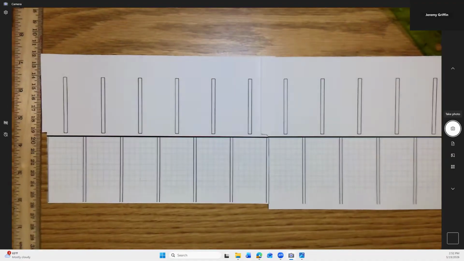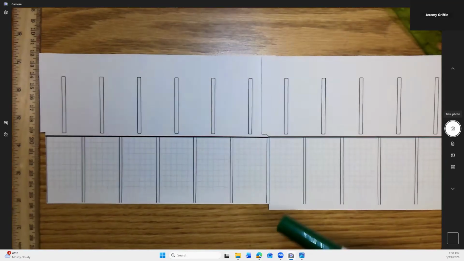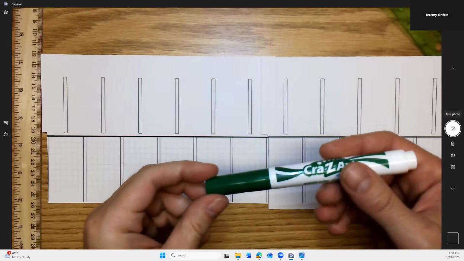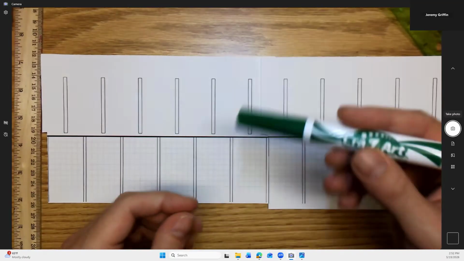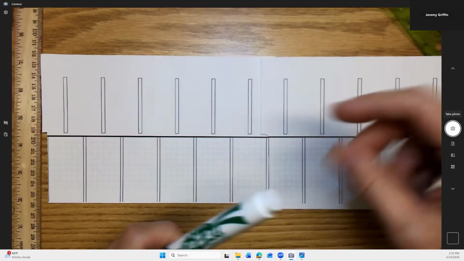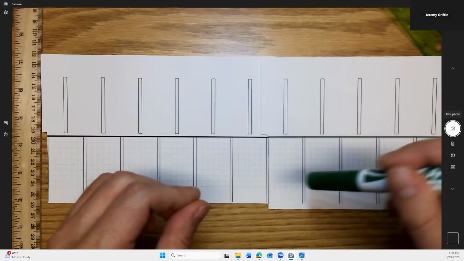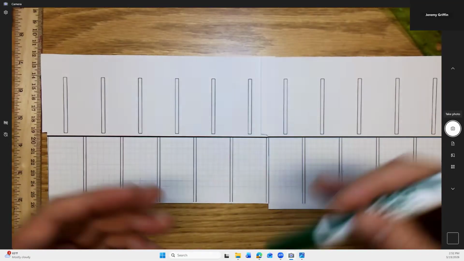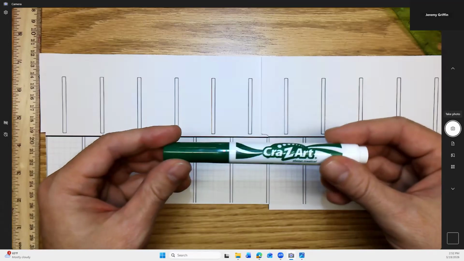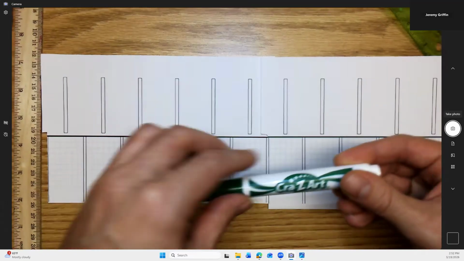I do recommend for this particular project, here, I have a box of markers in the center of the room. You guys see that box of markers right there? Okay. So whatever you come up with, you want to have really just a bold silhouette shape. This is a great animation for that. If you have a lot of fine detail and a lot of different colors and really intricate patterns going on, those don't really show up so well on the Zoetrope. Okay. So you just want to pick one or two, maybe three colors,